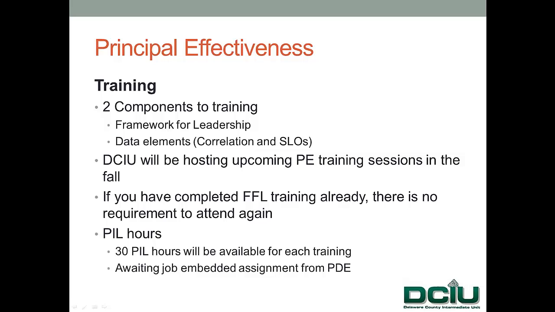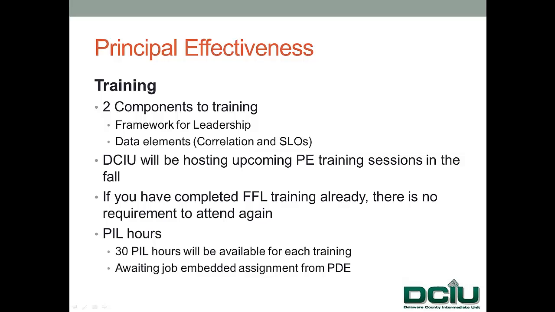Moving on to training components, there are 2 elements to training that DCIU will be providing. Training on the framework for leadership. If you have not been part of the principal effectiveness project thus far, you may participate in the framework for leadership orientation.